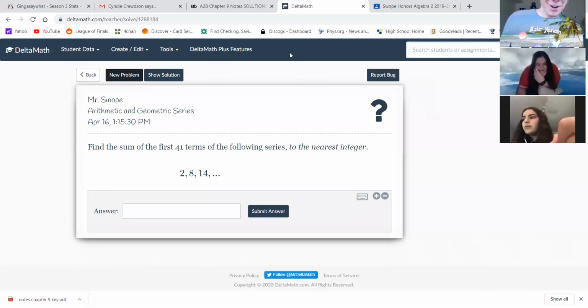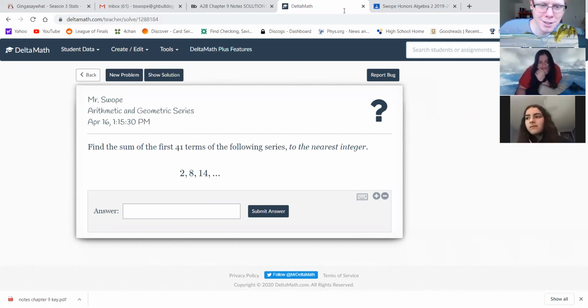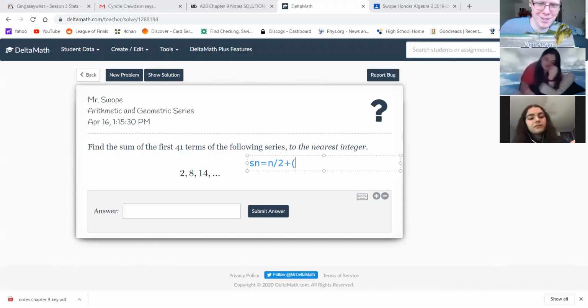All right, so looking at our Delta Math, if you need some help trying to find the sum of an arithmetic sequence, we'll see this is actually a little bit tougher than geometric because we only have one formula. The formula we have for an arithmetic sequence, which we can see this series is going up by 6, so that's how I know it's arithmetic, is the sum is S of n equals n over 2 times